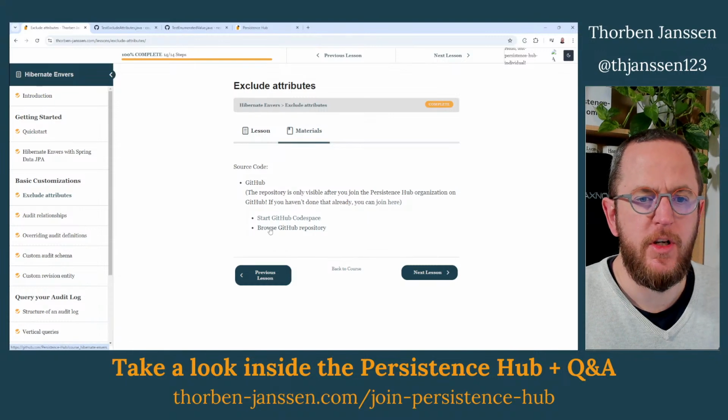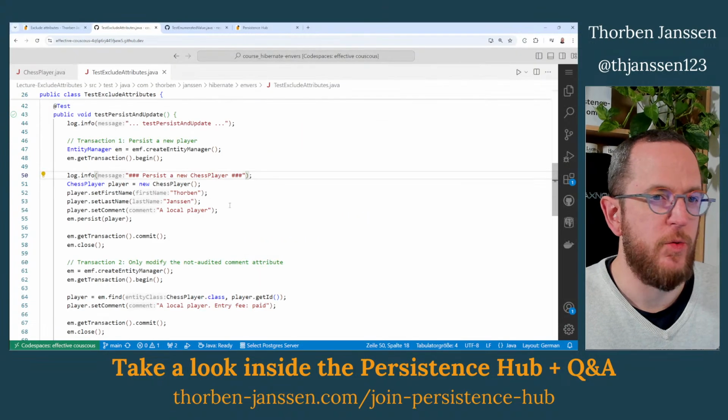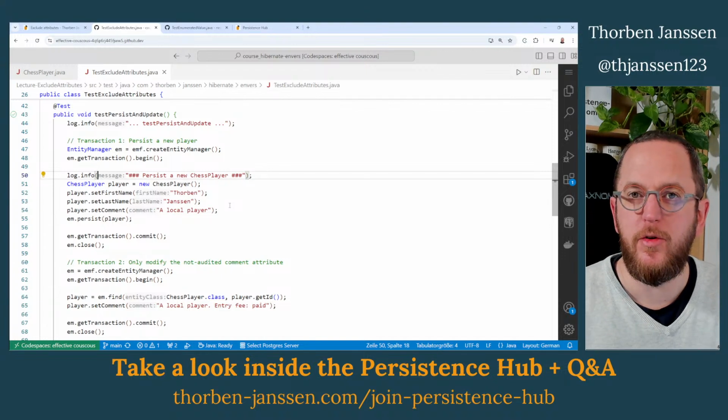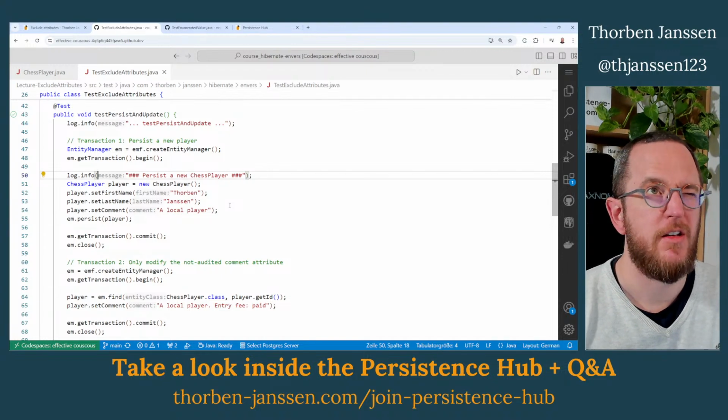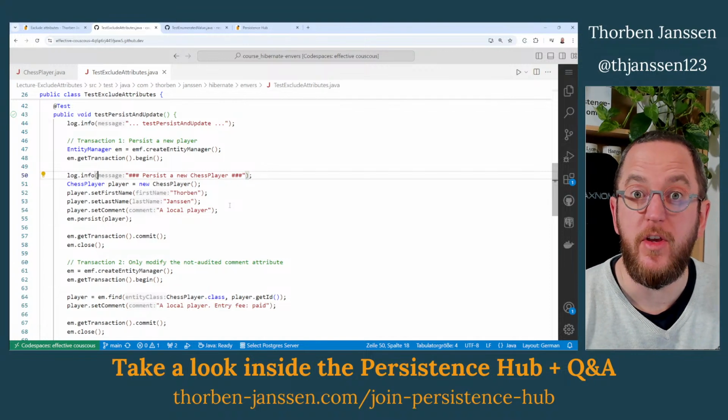And for every lecture, there's of course a GitHub repository, or for the entire course, and a GitHub code space. And the GitHub code space is quite nice. You can see it here. It's something that's part of your free GitHub account. There you get, I think, 20 or 30 hours of GitHub code spaces on the bigger machine.